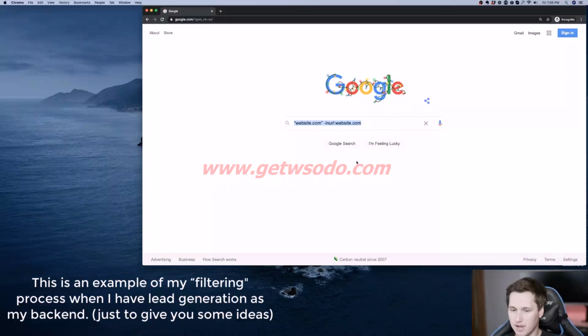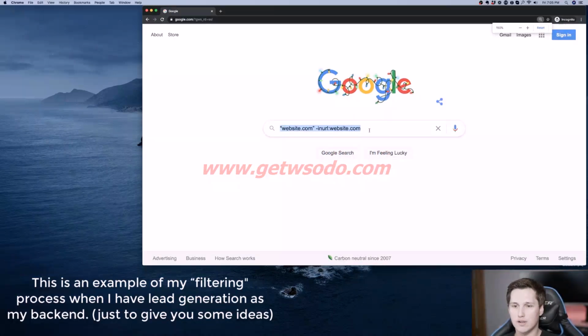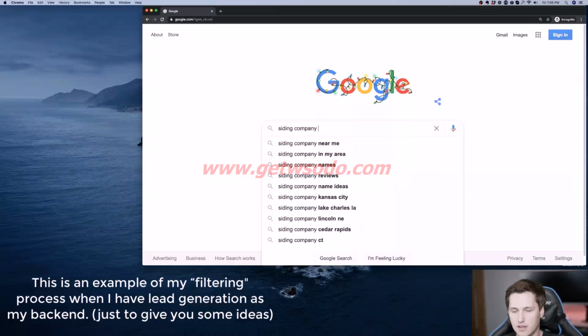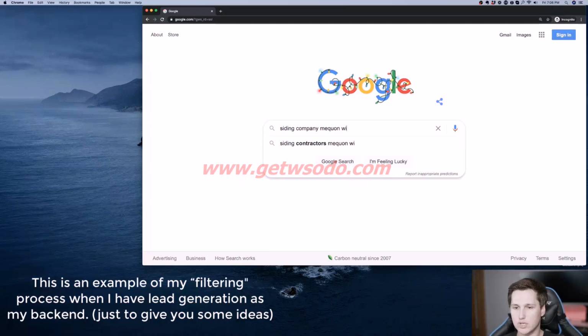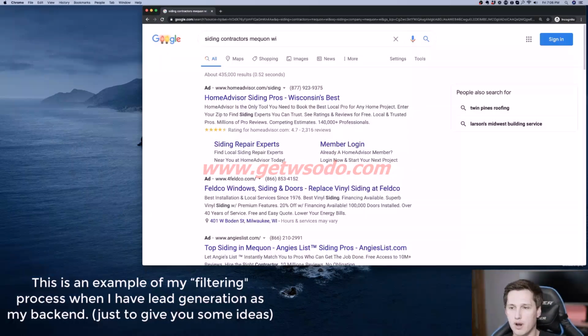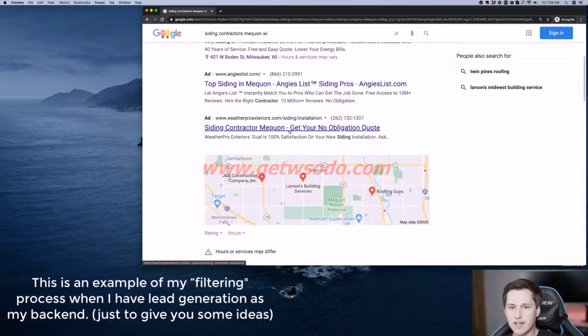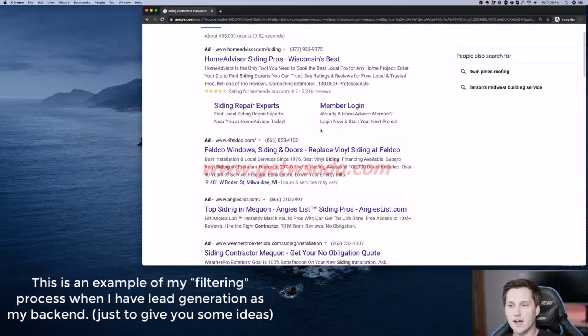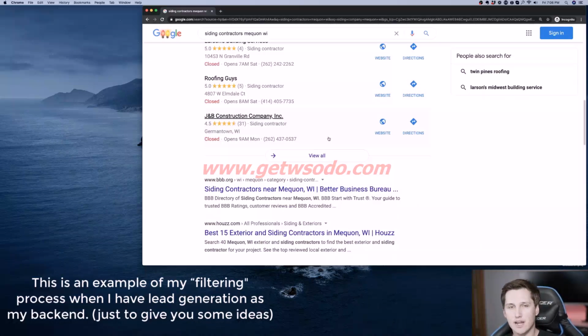We're using this search string that's on my computer right now. I'll explain in detail how it works in a little bit, but just know that this is the string. So let's say they said, hey, we are a roofing contractor from Mequon, Wisconsin. Well, let's do a different niche. Let's say we are a siding company in Mequon. So we'll do siding contractors in Mequon, Wisconsin, which is what came up in Google Auto Suggest. If they said that to me, I'm going to immediately try to find the perfect client. If I come through here and decide they're not, then I just won't take them on as a client.